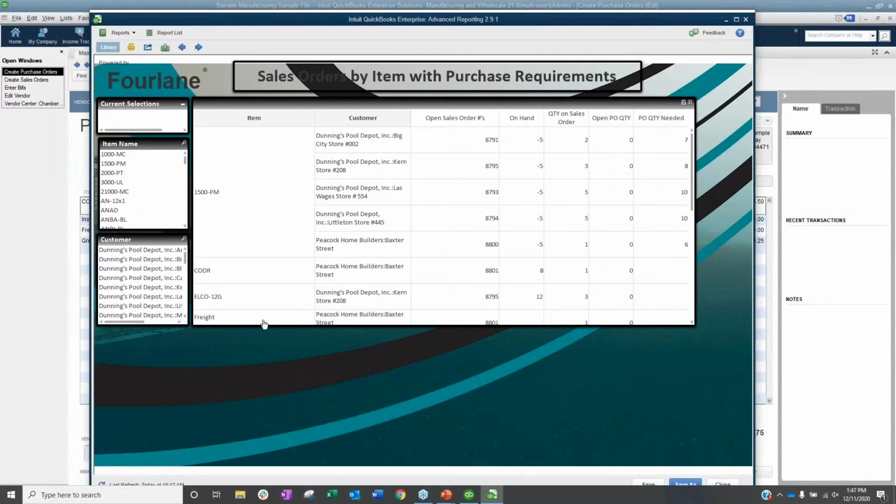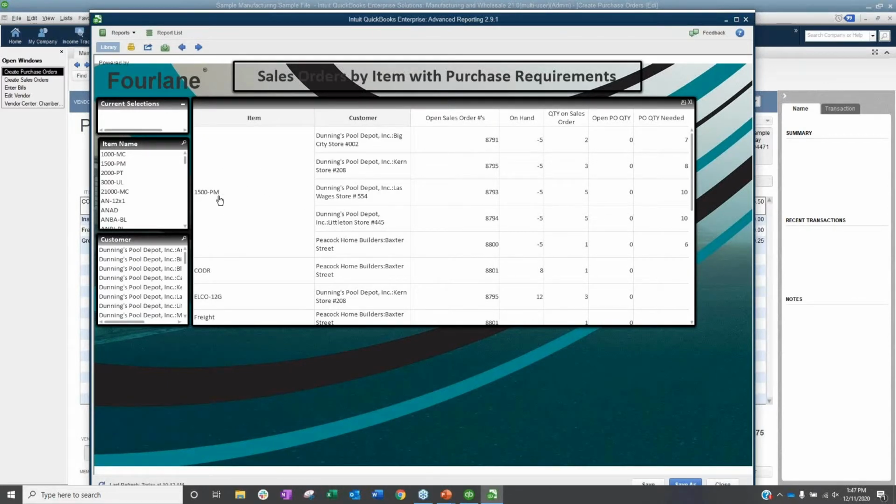So I just mentioned inside of QuickBooks, you cannot link sales orders to purchase orders. However, on our report here, we have created the link from sales orders to purchase orders using the customer job field. So is it on a sales order for this particular customer job? And then if yes, do we have purchase orders for that particular job for this item? Now on this report, we're totaling by item.